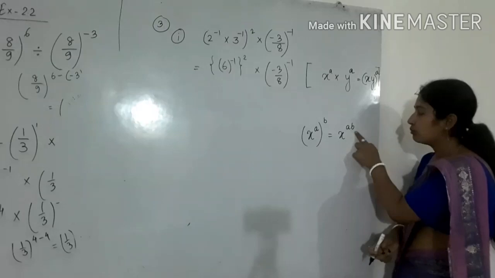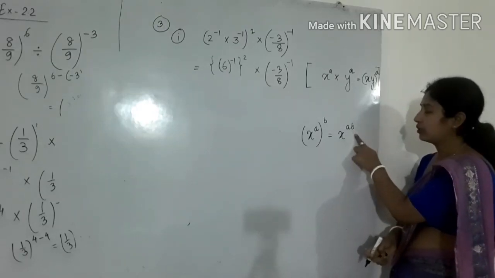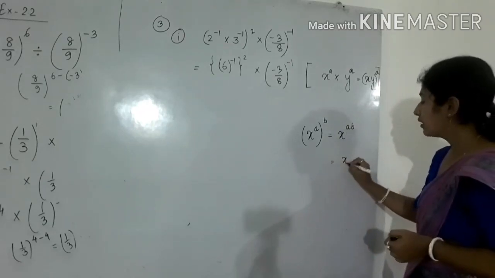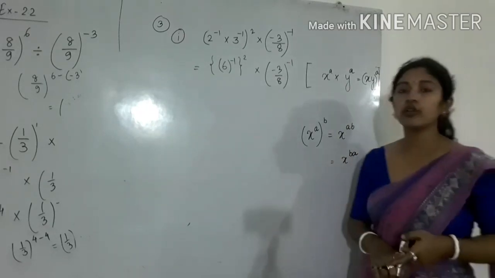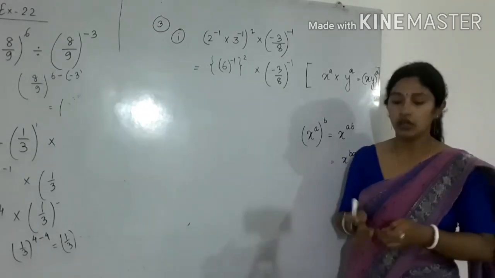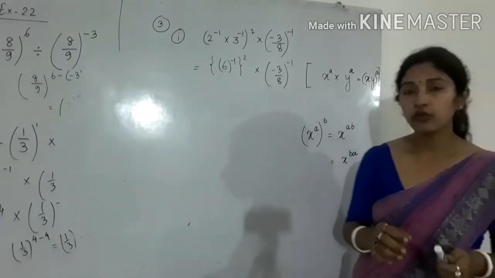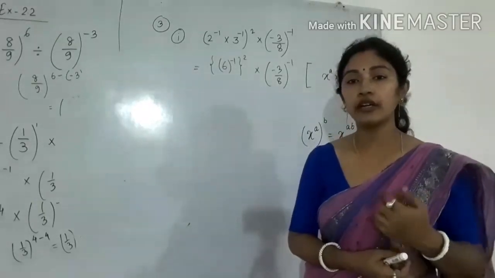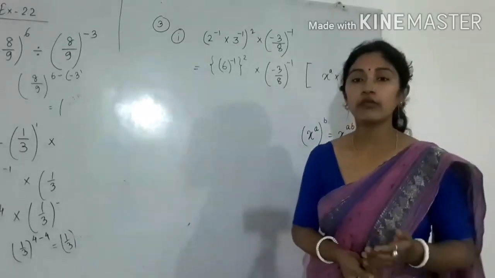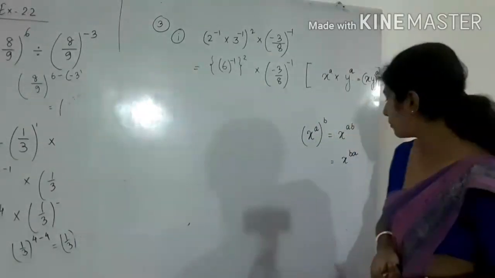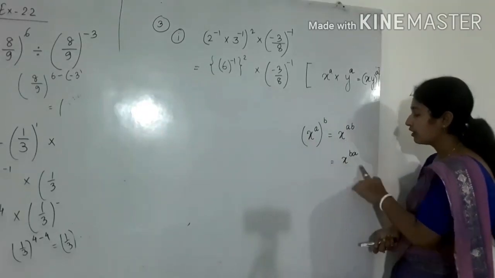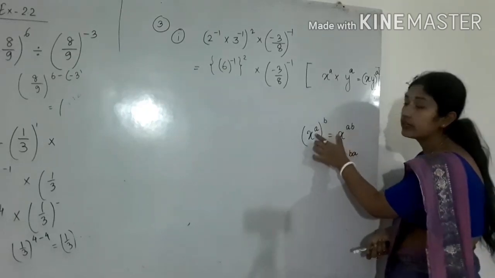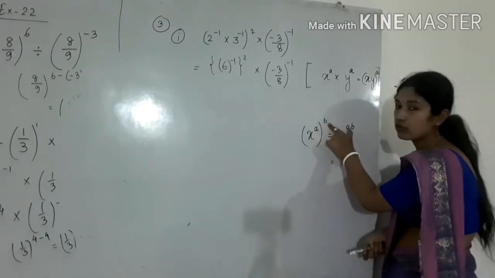See, in a into b we are multiplying a with b. That means we can write b into a also; a into b and b into a are both same. I have already told you, when you are doing exponent questions, you have to apply laws, but also the things you studied in your previous class. So here you have to use the commutative property. What is the commutative property? The value of AB will be equal to BA. In place of A I can also write B, and in place of B we can also write A.